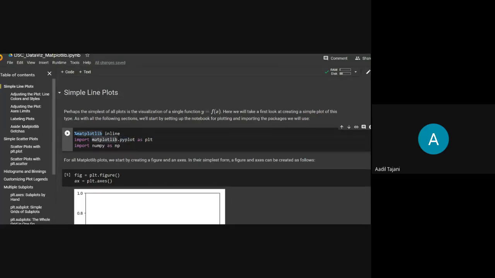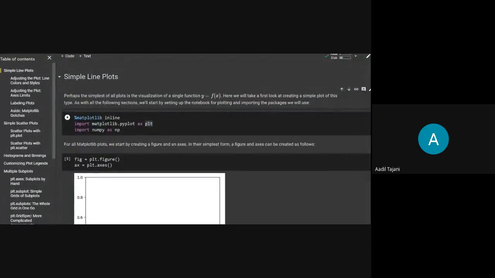From Matplotlib, we are going to import PyPlot and give it the pseudonym plt. We are going to refer to this pseudonym plt everywhere today for plotting using Matplotlib.